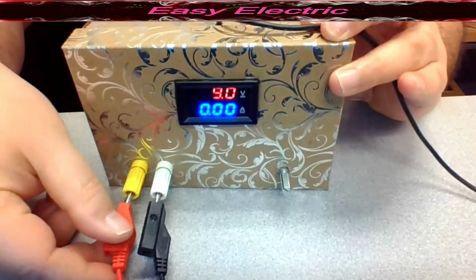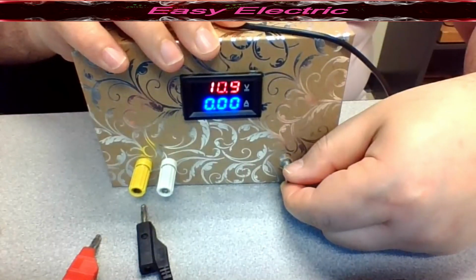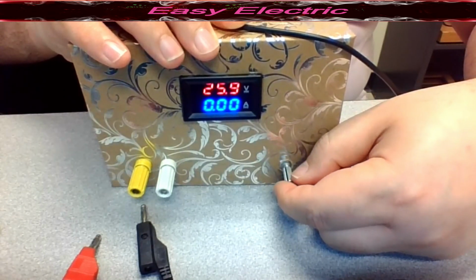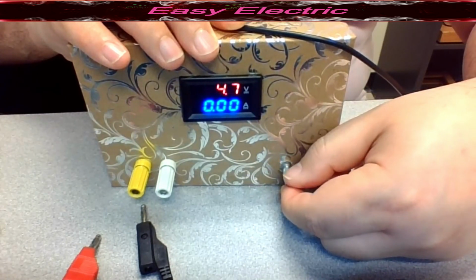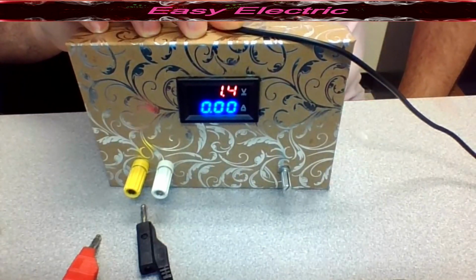the output voltage. Let me just take these two out and change this variable resistor and see the range that we could get from our USB port. As you could see, almost 26 volts. And also if you change that, you are able to get 1.4 volts. So this is our USB DC power